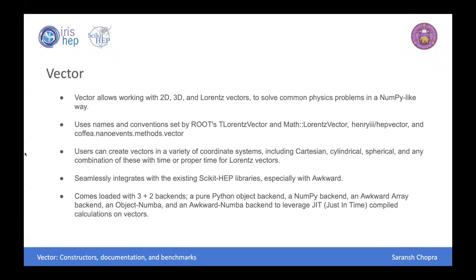So, a quick introduction to Vector. Vector allows working with 2D, 3D, and Lorentz vectors to solve common physics problems in a NumPy-like way. Vector is not only limited to HEP, so you can use Vector in any mathematical scenario, but Vector was created with HEP in mind. Vector uses names and conventions set by ROOT's TLorentzVector and the LorentzVector under the Math